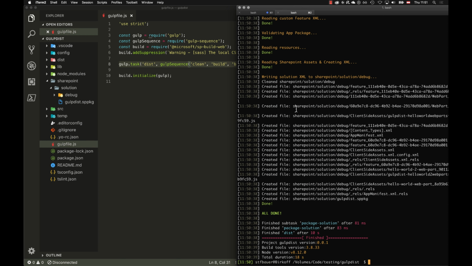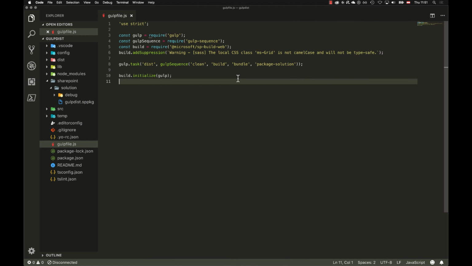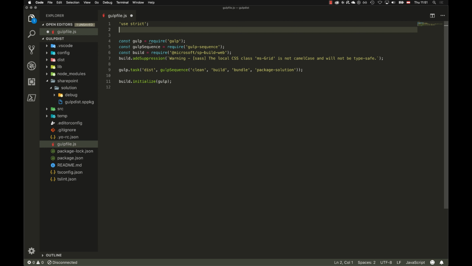The thing is, this distribution task, or dist task, I actually want to use just for my productive build. So whenever I want to ship something for the customer, I want to create a package like this. So instead of just passing in the command line parameter all the time, another thing I can do is here, I can say